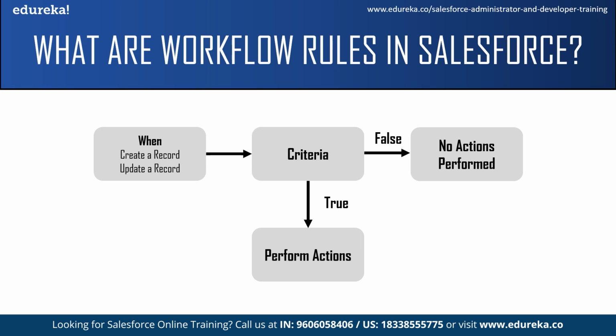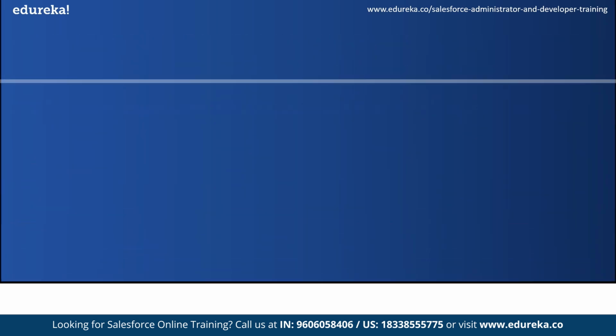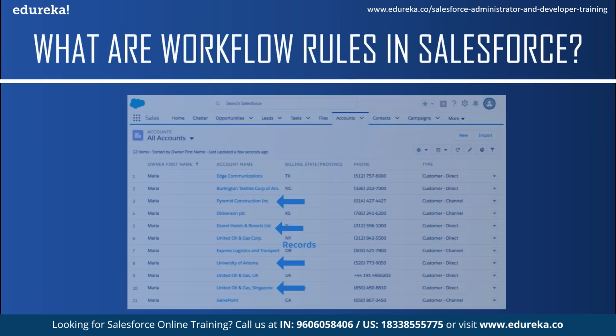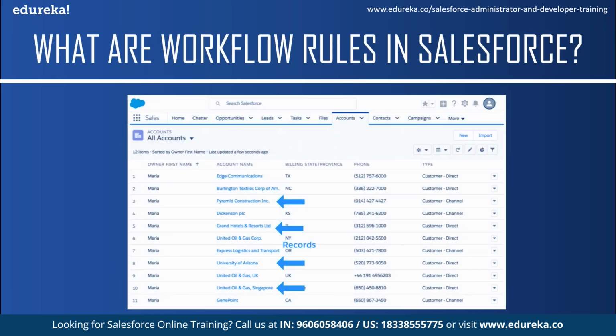But before we get into this, I want you to understand that you can set a criteria when a record is being created or when it has been updated. Now these records are only based on a single object. Let me explain what objects, fields and records are so you'll understand this better. Objects in Salesforce are like leads, accounts, opportunities, contacts or any other custom object. Fields are basically the columns in the table that tell us what is stored in the records. And records are the rows or any entry in the table. This is basically the information of an individual.